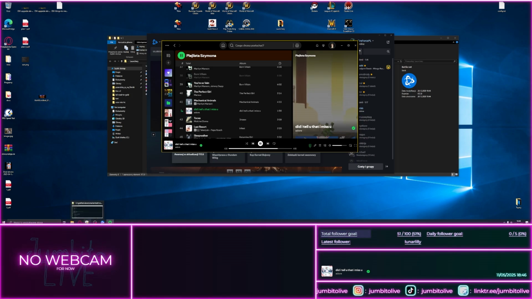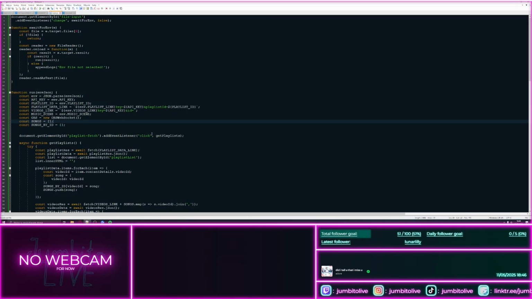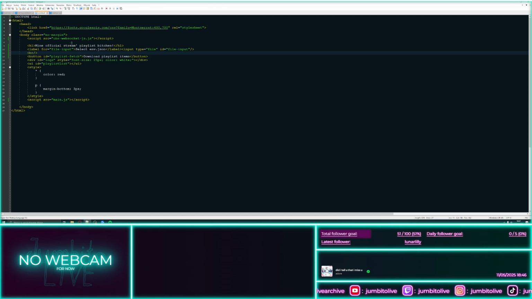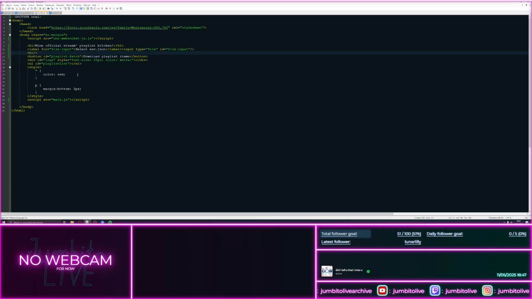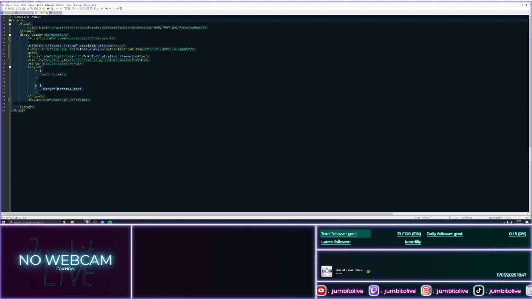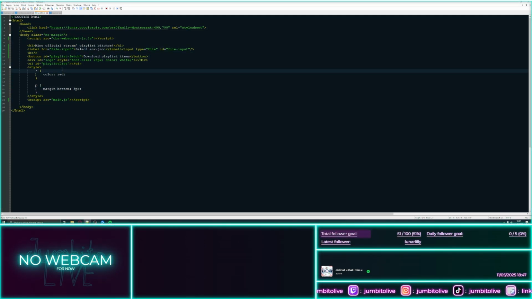But I did it. I made a code and function. Okay, I'm going to close this. And I made a proof of concept of how it's going to work, and actually it's working. Here's the HTML. It's just basic, just to